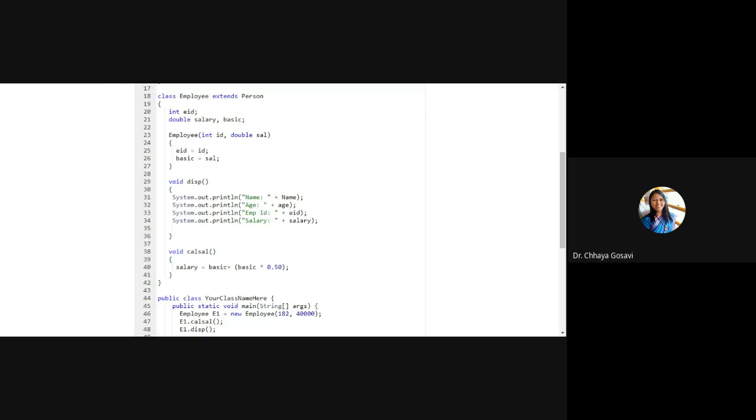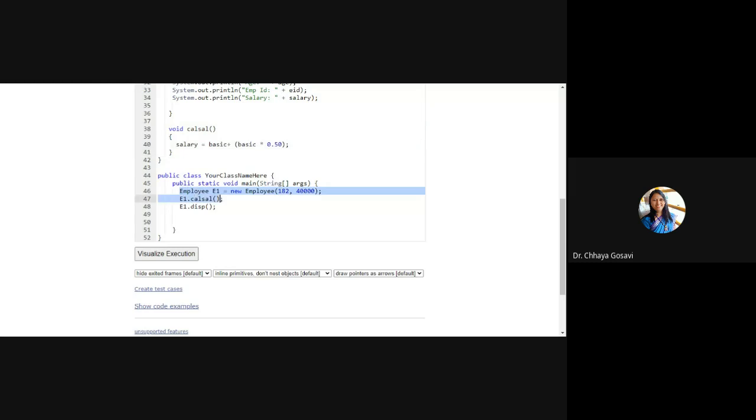Then we wanted to create an employee class using the person class, so we extended class employee from person. Here I have not defined name and age. An employee should also have name and age, but here we defined employee ID, salary and basic salary. We are using one constructor, again a display function to display all the details, and a calculate salary function to calculate the salary of an employee.